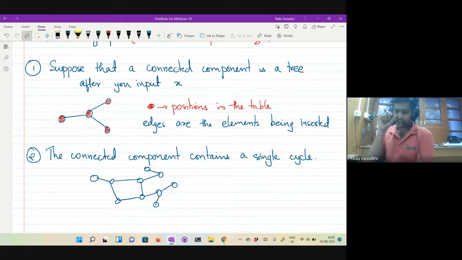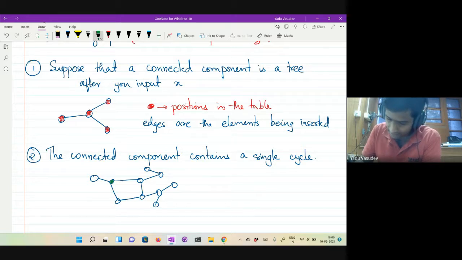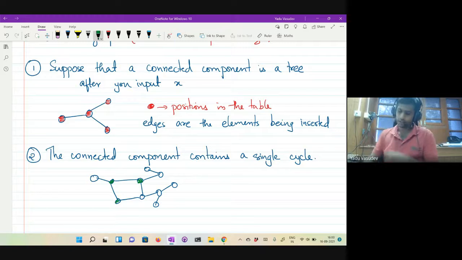So we can still add. To understand this, say you have this situation, and let's say that some of these entries are full. There are some elements sitting in here, and so on.